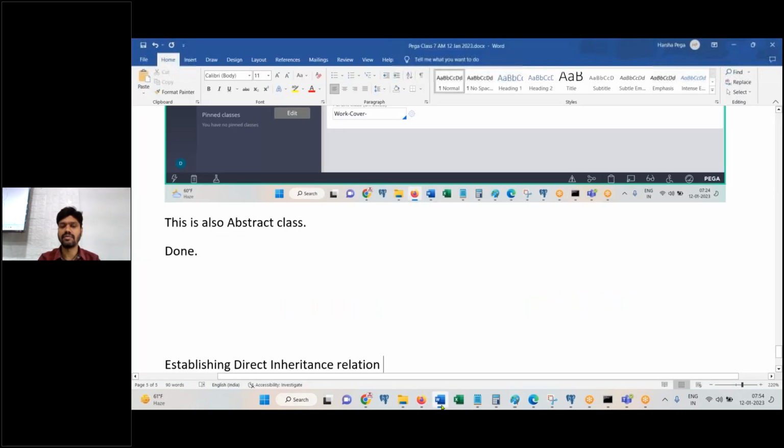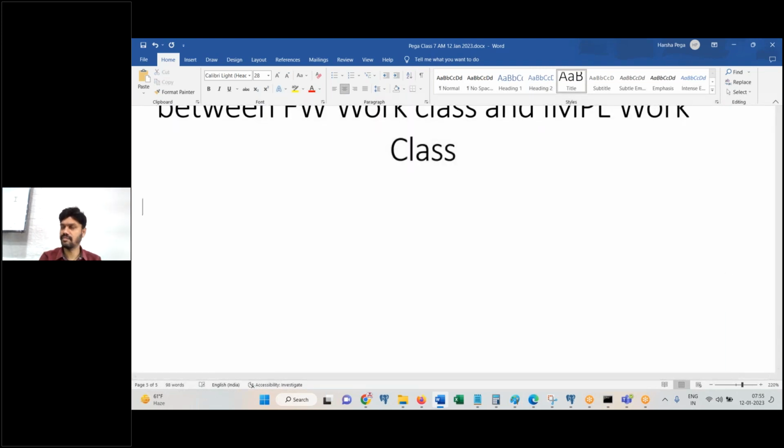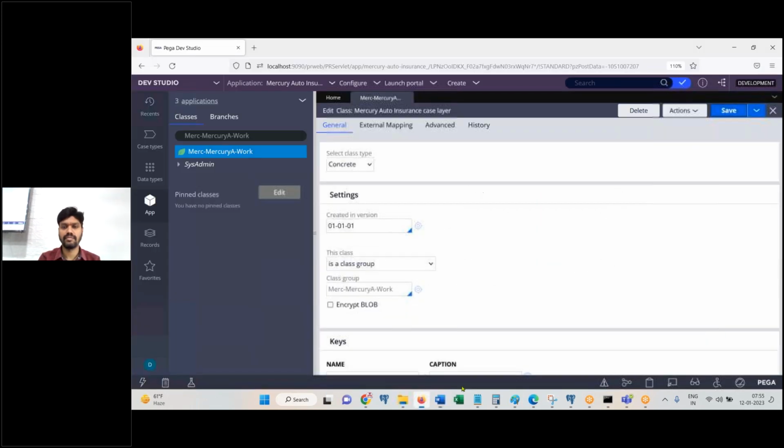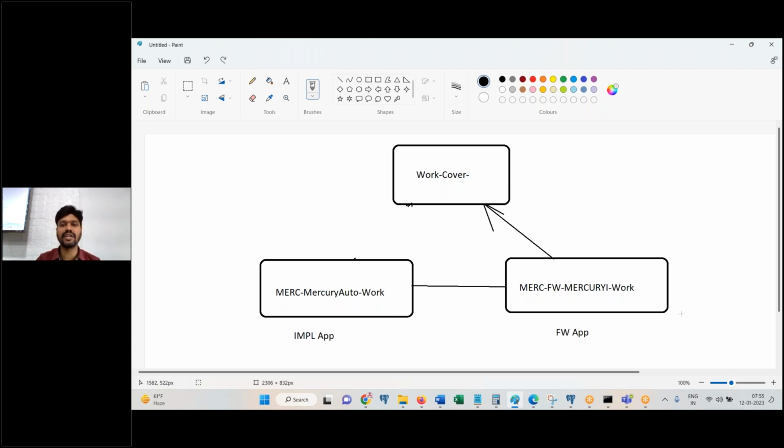You got it now? Yes, but in that case, the cover one should be pointing to the other one, right? I'm a little bit confused on that. Okay, wait. Establishing direct inheritance relation. I'll come to you. What is your question? I'm saying when we were initially creating any application, we started with the Pega platform, we created a framework, then we created an implementation. On top of that, after establishing classes, you got to the final one, correct? Yes. So the arrow mark that you said that we need to establish should have already been established. That's right. What we are expecting is it should have been established like this. It has not been by Pega. They did not give it. We don't know the reasons why they are not giving it,